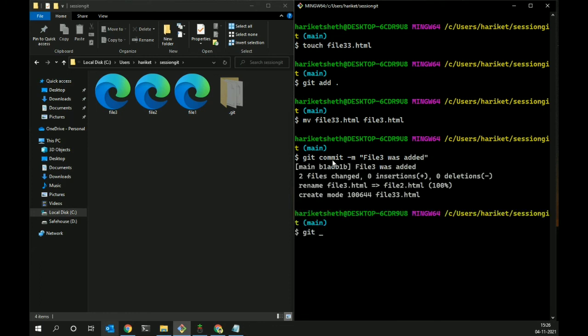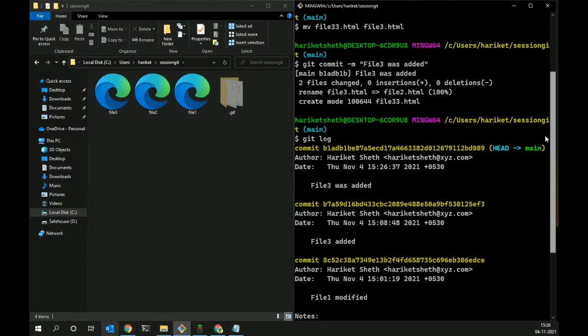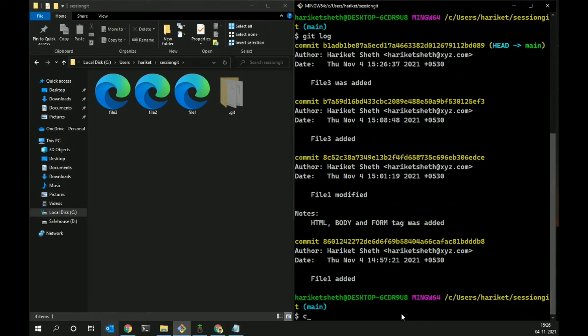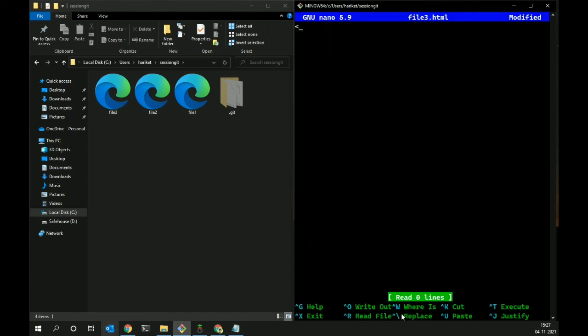Right, so yeah, now you can check the git log as well, right? So now it shows all the commits you made, and there is one more command which you should know. Basically for that, let me add some more content in your file3 maybe. Let me add it and then commit also. Let me add html again. Let me add the head tag this time.